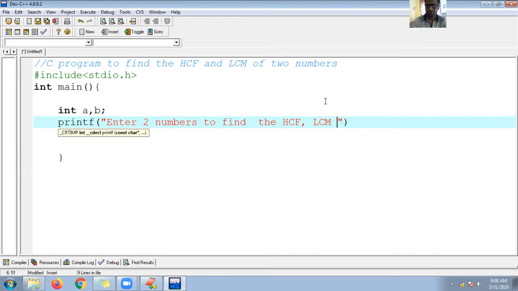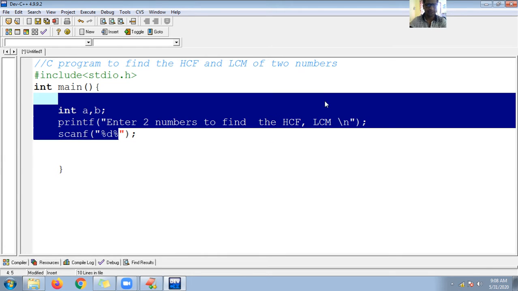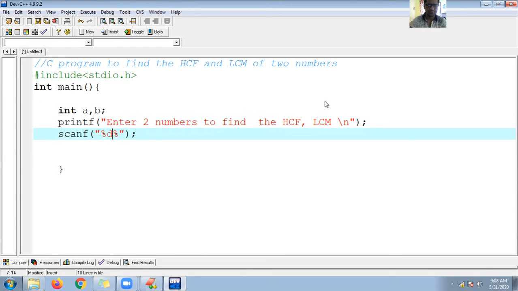Okay, fine, \n. Actually I want to use the space here. You can use two different scanf and two different printf also, but for time being let me use a single printf and a single scanf to avoid duplication of statements. So I'm using %d for a number and %d for one more number. Here I need to give the space because while entering I'm planning to give the space. Just read the numbers into two values.